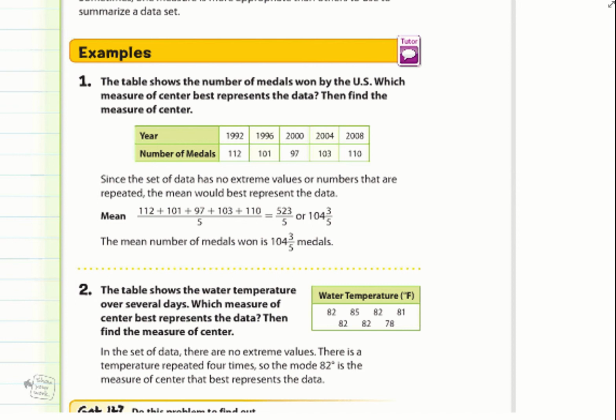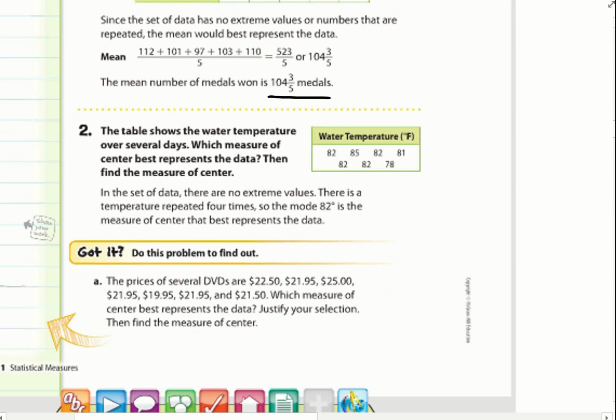So when we use the mean, on average, we got 104 3/5 medals. Example 2. The data shows the water temperature over several days. Which measure of center best represents the data? So 82, 82, 85, 82, 82, 78, 81. Now if you notice, 82 is there 4 times. So it's safe to say we're going to be using the mode. So there's no extreme values, and there's a temperature repeated 4 times. So the mode, 82 degrees, is the measure of center that best represents the data. So we had about 82 degrees